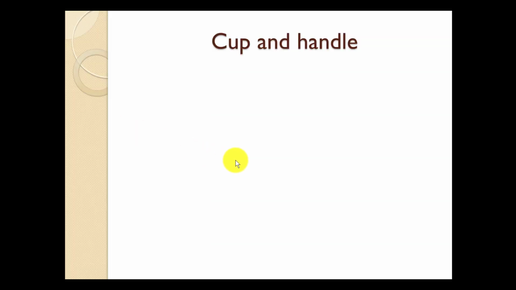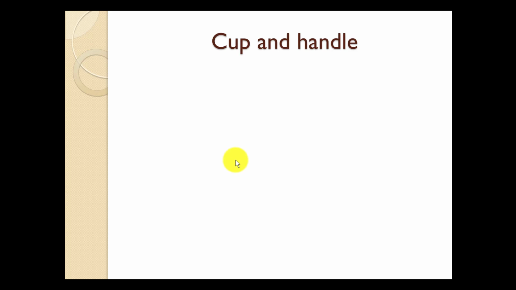Okay, to start with, for a cup and handle formation, we need to identify this pattern on the chart. But before we can identify it on the chart, we need to have some information about it: how does it look, how long does it stay on the chart, what happens at the breakout, is there any retest or something like that. That we will try to identify in the theory class, and in the next video we will see some examples from the live market about this pattern.